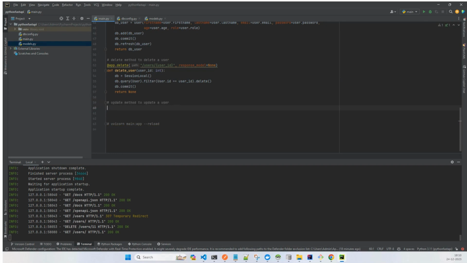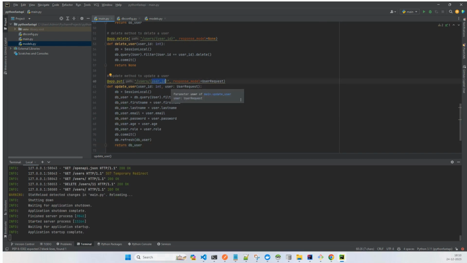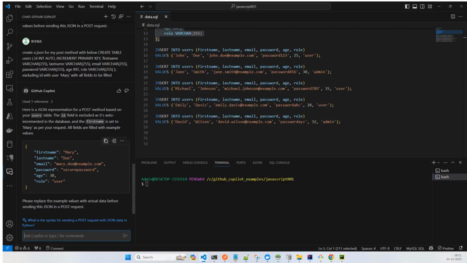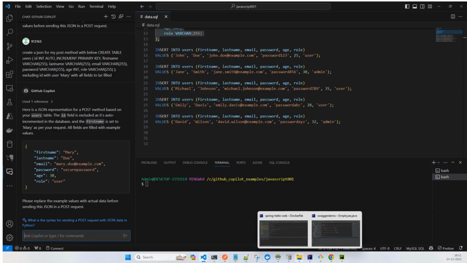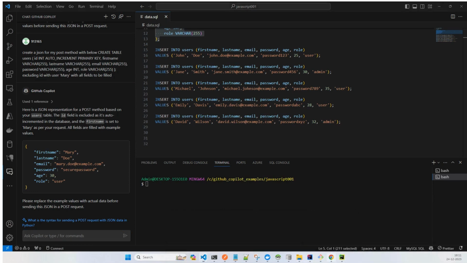Again, now we need to put a put method, that is an update, to update the user. Right. So what we do here is just we are passing our user ID and the rest of the fields, because update on what basis? You need to pass the user ID. You need to tell the application that we want to update this ID. Yeah, and then the rest of the fields that you can put in the JSON. So what I will do is I have a Mary, right? Mary record is there. So I'll just go and copy the record of Mary, and I simply say I'll go to the